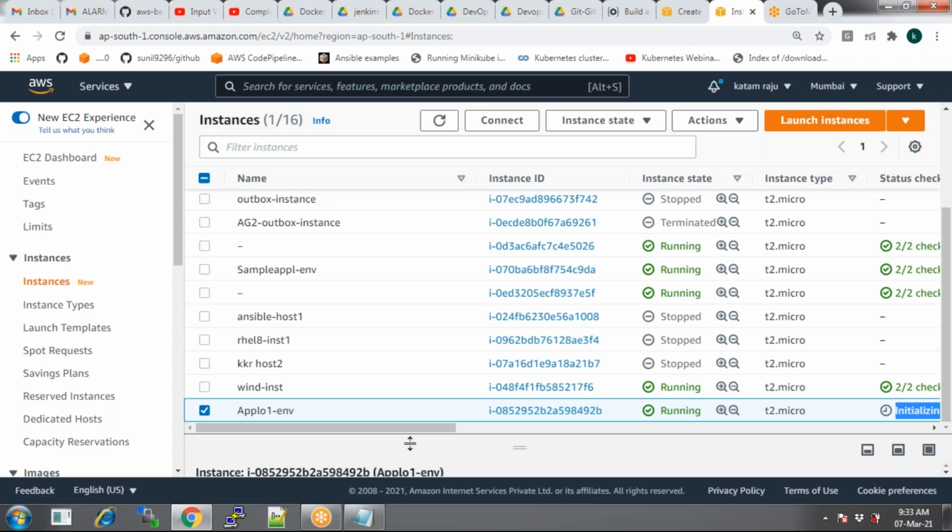And once it is initialized, you can see that Tomcat will be running on that instance. And if I stop that instance, automatically it is going to create a new instance. See how simple, right? We are not installing any platforms on these EC2 instances. It is already pre-configured.